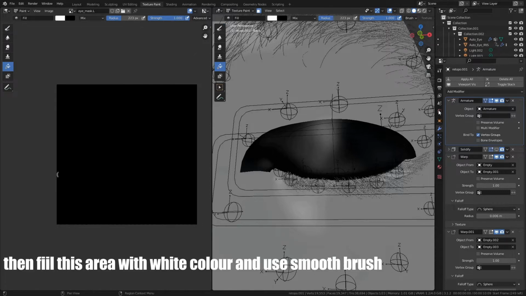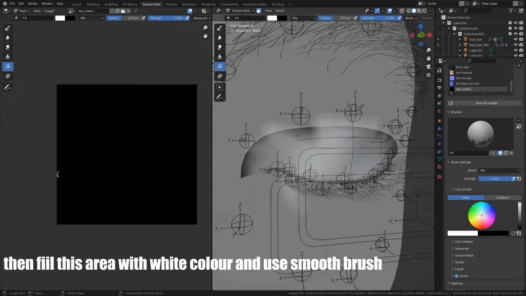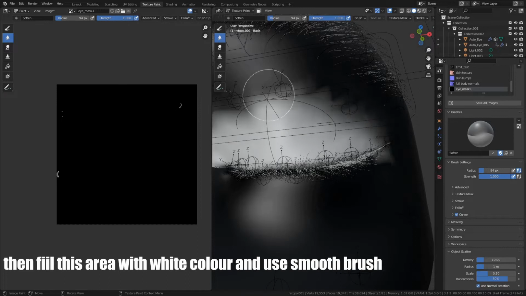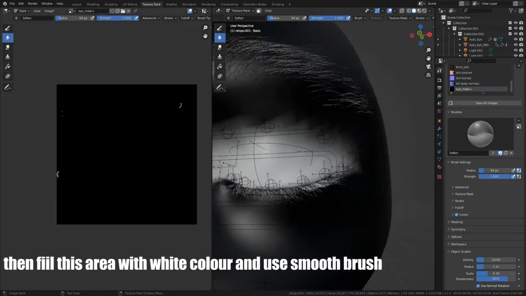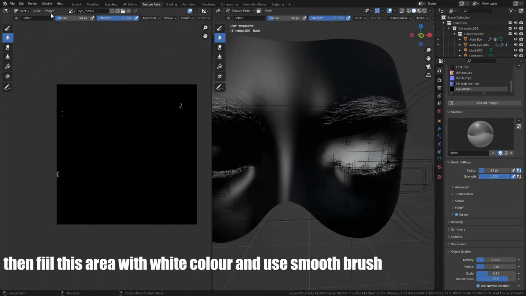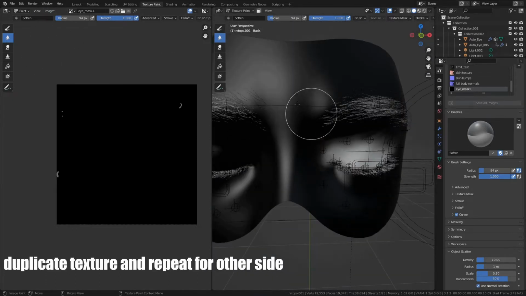Then fill this area with white color and use Smooth Brush. Duplicate texture and repeat for other side.